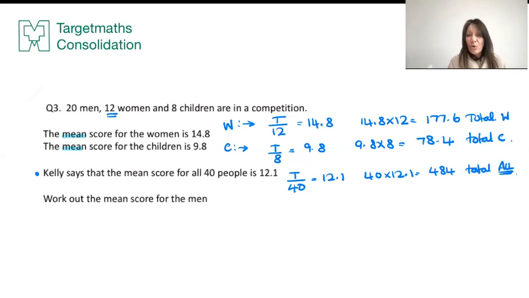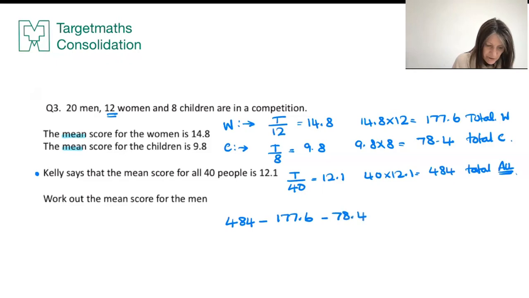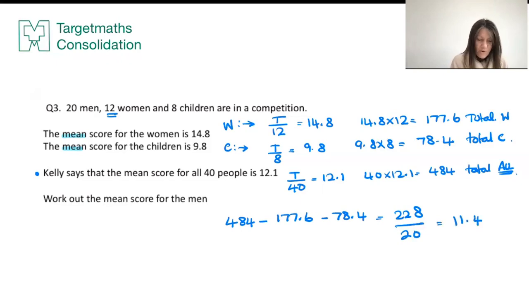And that's what I need to get me this mean score for the men. So I now know that the total for everybody was 484. If I take off the total for the women and I take off the total for the children, that will leave me the total for the men. That has to be what the men totaled. There's 20 of them, so I'll divide by 20. And it gives me 11.4. So 11.4 is the mean for